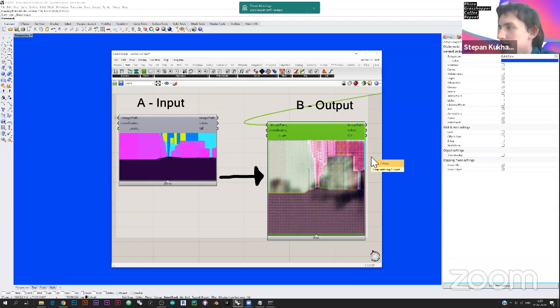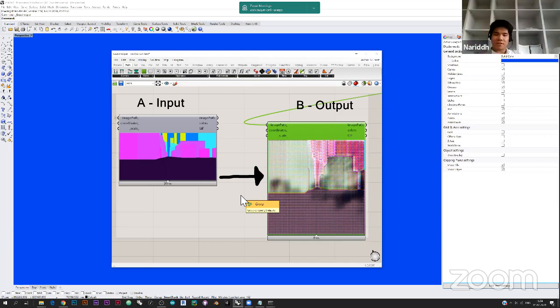But the training database is really small, so the result is not as bright and good as it could be. So now we will retrain the model and improve it.